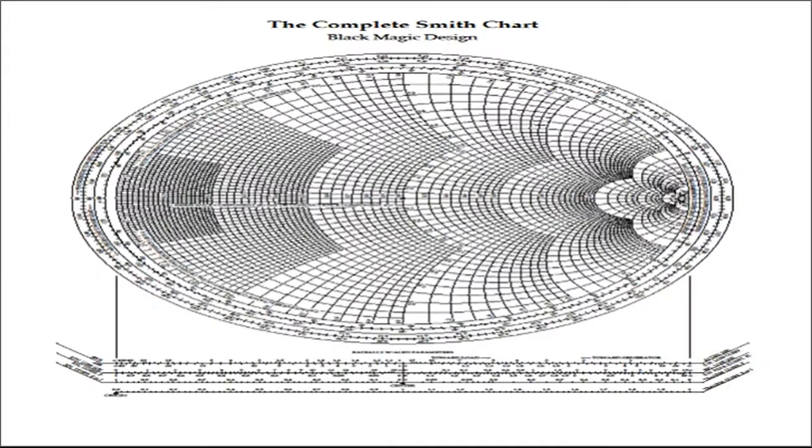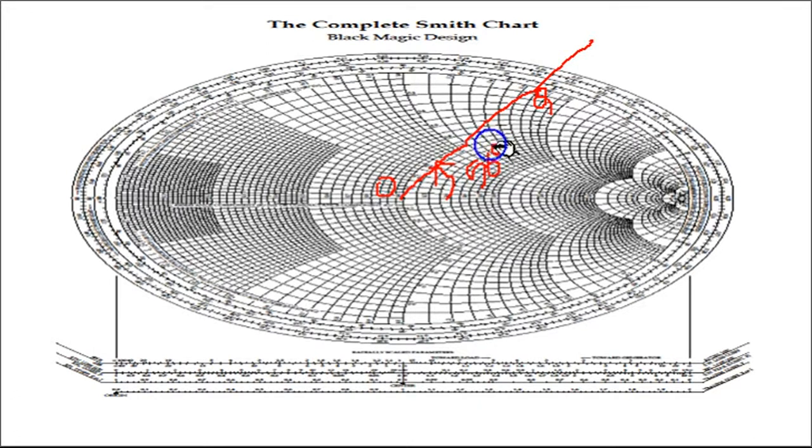Let's go back to this particular slide. This is what I got, this is OQ and this is OP. I told you in the earlier lecture, this is the angle of the reflection coefficient. So the outer scale, and the inner scale is the angle of the transmission coefficient. Start traveling from here. It is 0 degrees, 20, 30, 40, 50 and 60. So it is somewhere between 50 and 60, and there are 5 divisions, so 52, 54 and 56. Always remember, the angle of the reflection coefficient is calculated in the anti-clockwise direction. So this angle corresponds to 56 degrees.